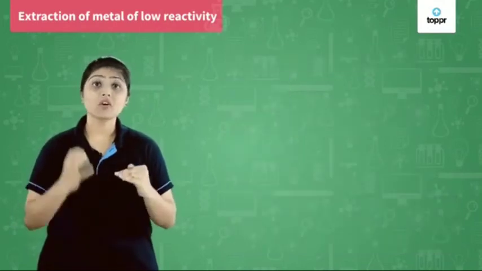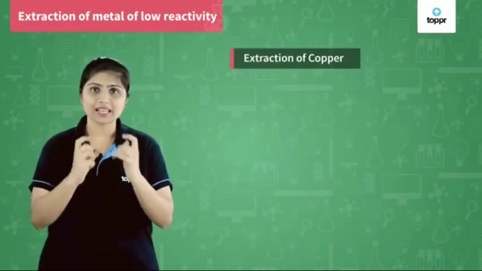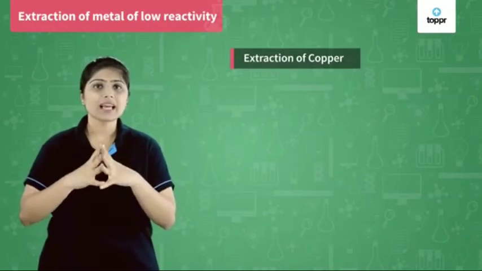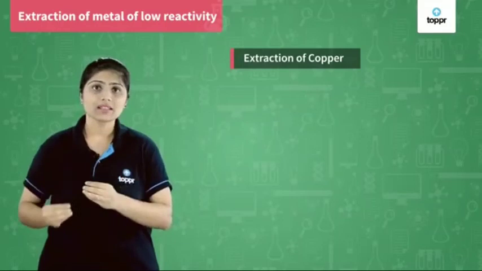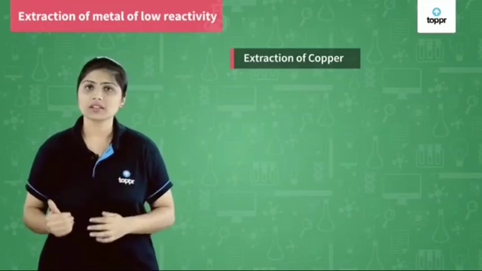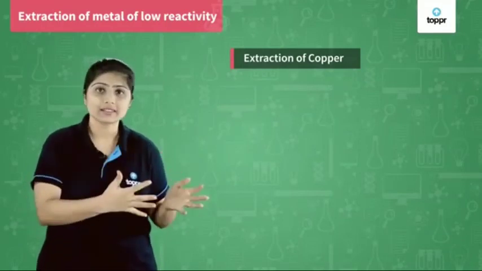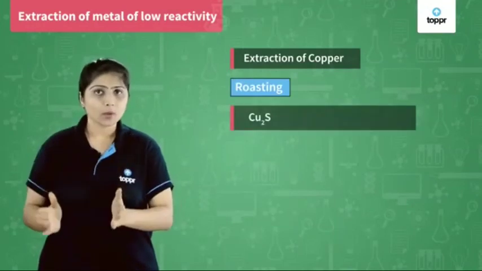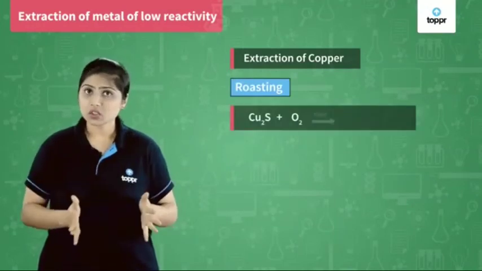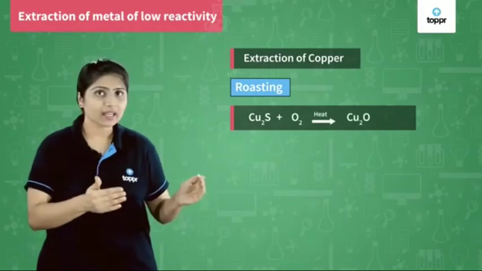Now let us see how copper is extracted from copper glance. Now copper glance is nothing but copper 1 sulfide. So we have to heat it in the presence of oxygen to convert it to copper 1 oxide. This process is called roasting. So when we heat copper 1 sulfide in the presence of oxygen, it forms copper 1 oxide and sulfur dioxide